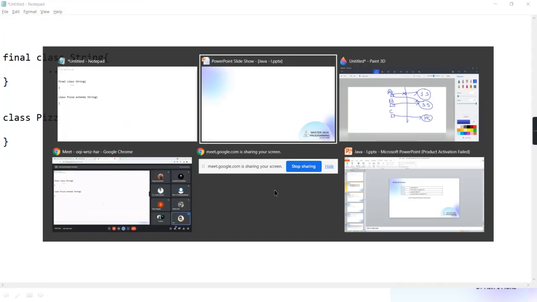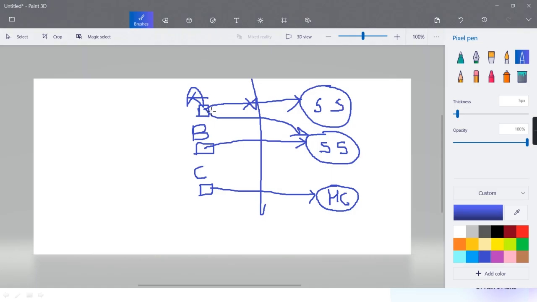But now some may have a doubt: what if I don't want to compare the reference? I want to compare the object's value. I want to check whether the values of both objects are the same, whether they have the same properties and the same values in those properties.